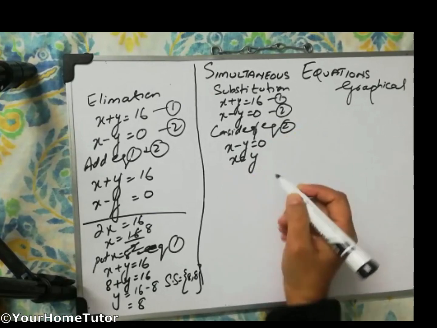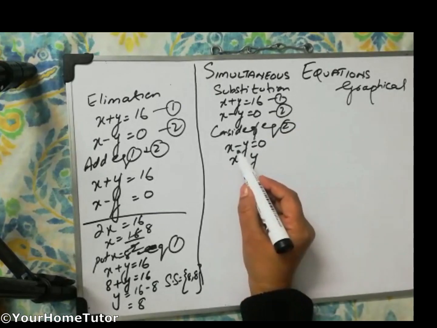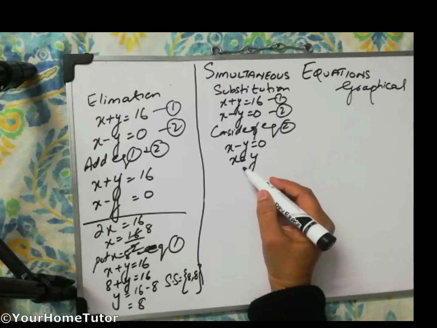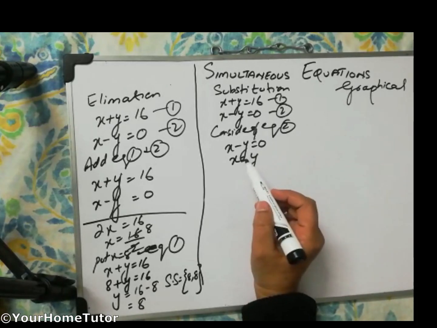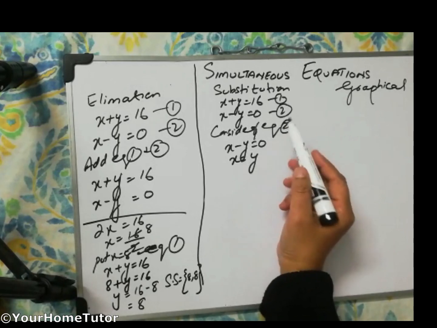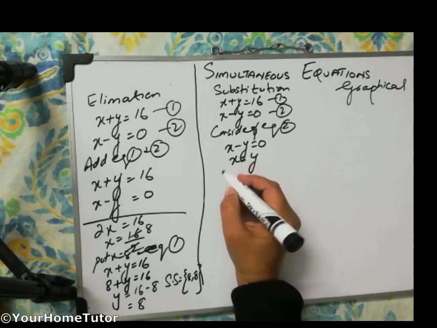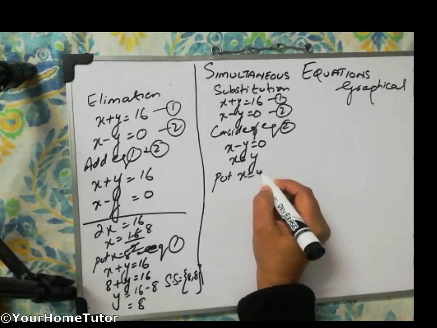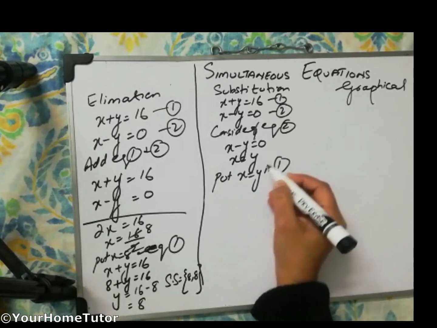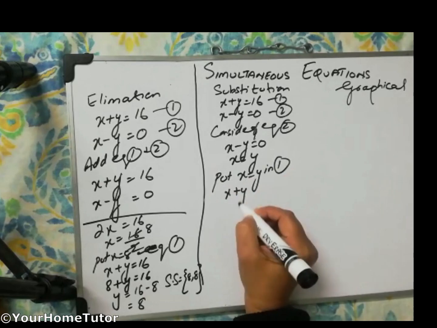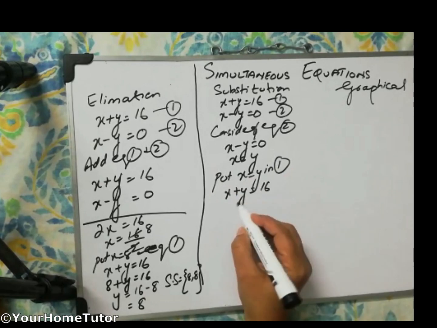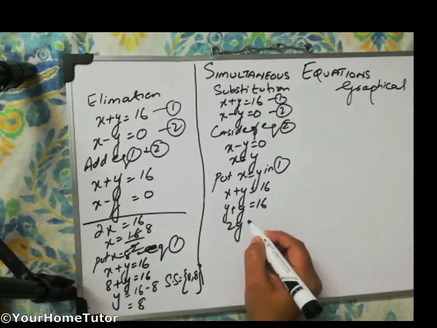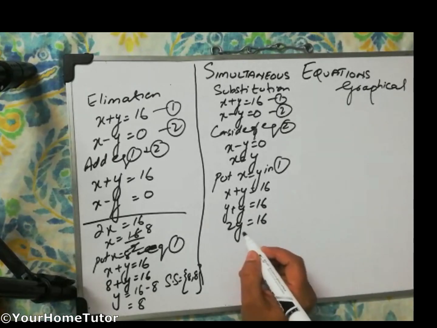So can I write x is equals to y? This is minus y. When we'll shift to the other side of this equal to, it will become plus. X is equals to y. It means wherever we are having x in both the equations, we'll substitute y. Suppose we are taking equation 1. Put x is equals to y in equation 1. What is equation 1? X plus y is equals to 16. So y plus y is equals to 16. 2y is equals to 16. Definitely 2 is multiplying.